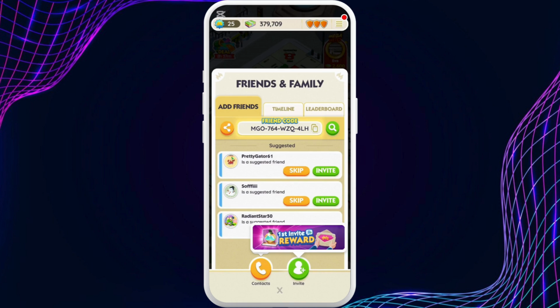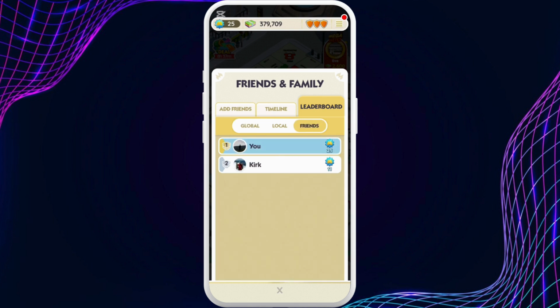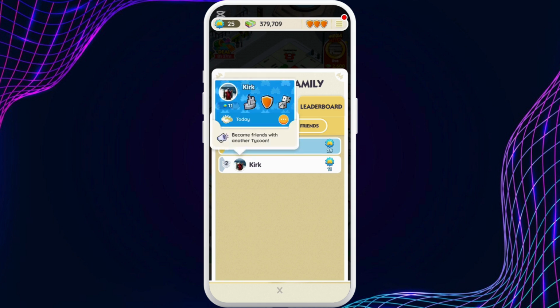Tap on it. Now at the top, you can see the leaderboard tab. Tap on it. Over here, you can see this friends section. Tap on it. Here you will see the list of friends that you have in your account. Now, if you want to unfriend someone, you can simply tap on their profile and you will see a little